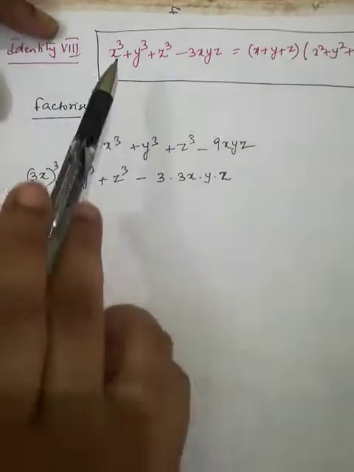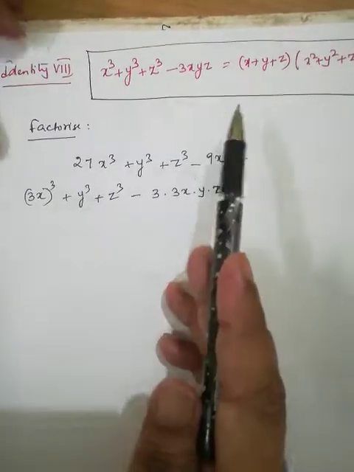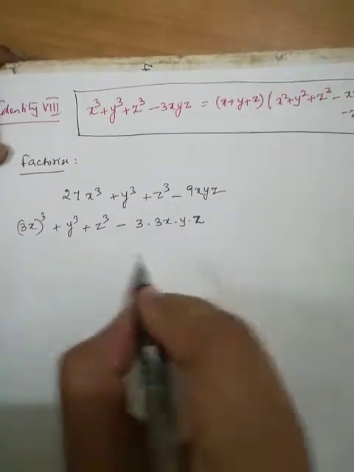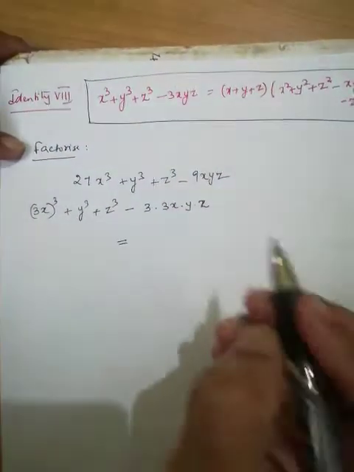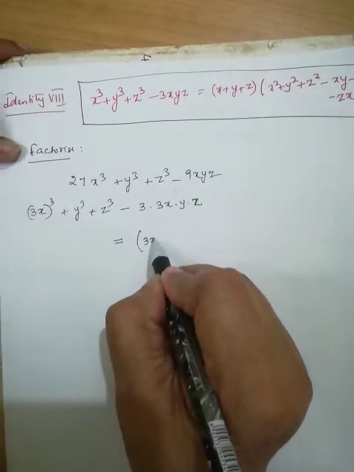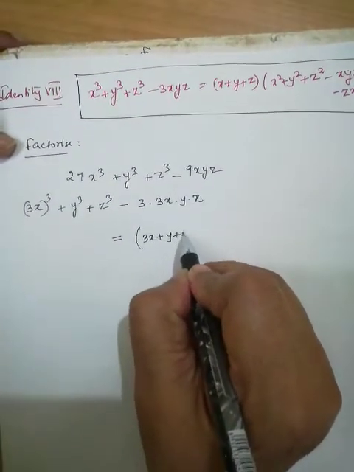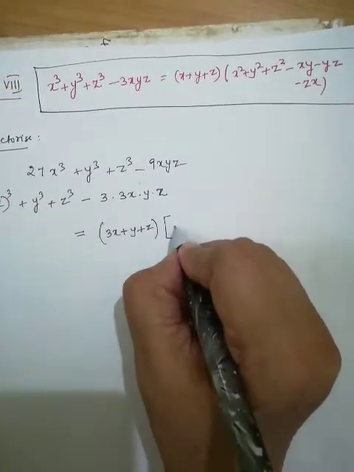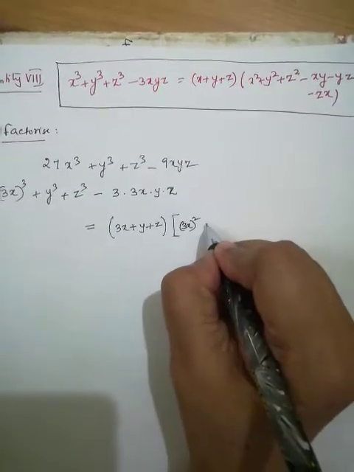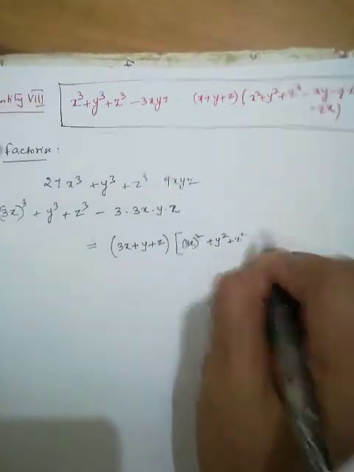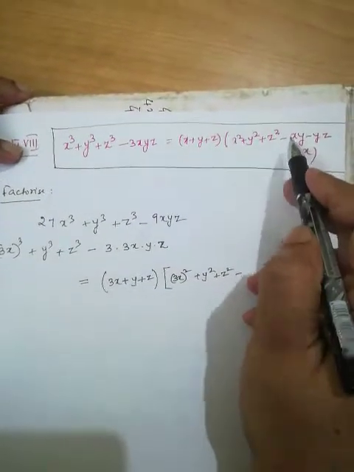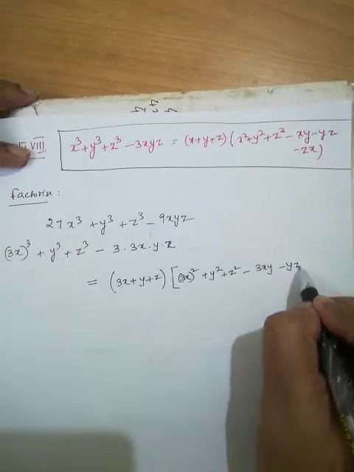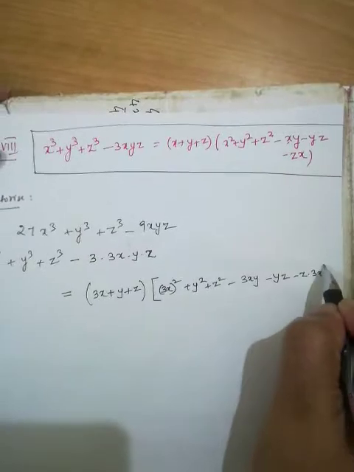Correct, no? So it is in this form of the left hand side, it is the same way. So let us change it in this form. So this can be written as, instead of x it will be 3x plus y plus z. We are just writing it in this identity. And then x square we can write as (3x) the whole square plus y square plus z square. Again in place of x it will be 3x. So it will be 3x into y, yz, and here z into 3x.